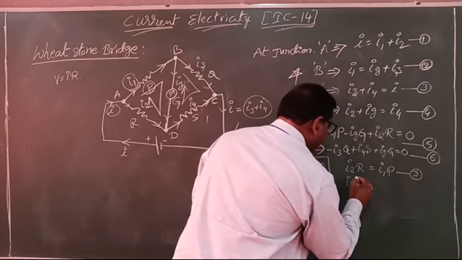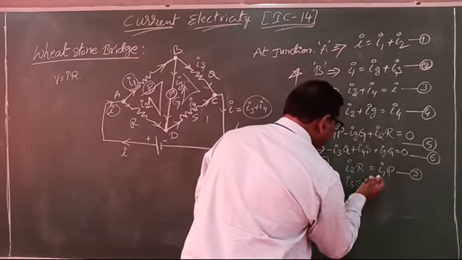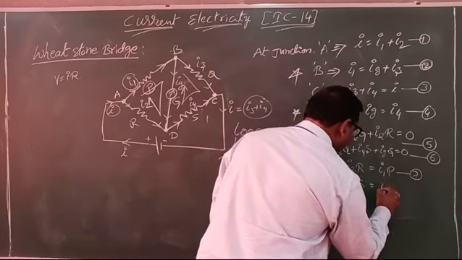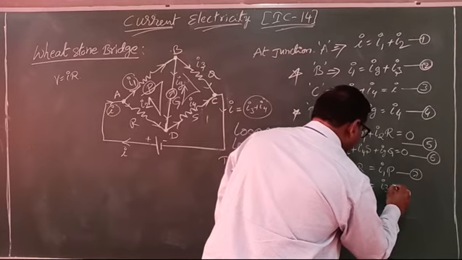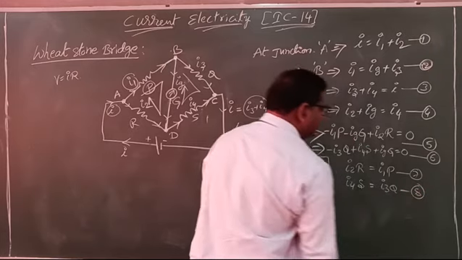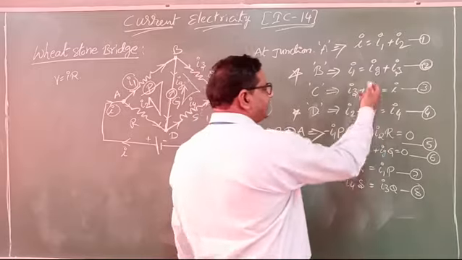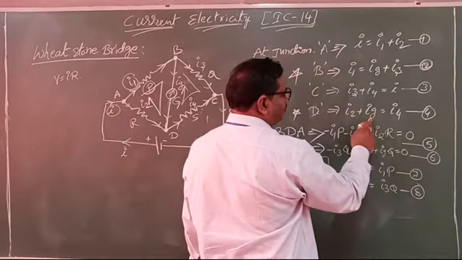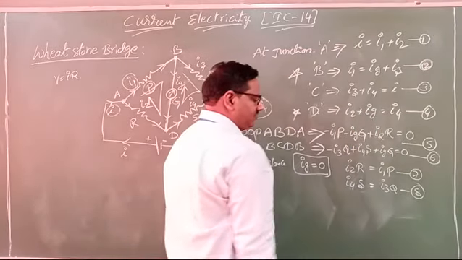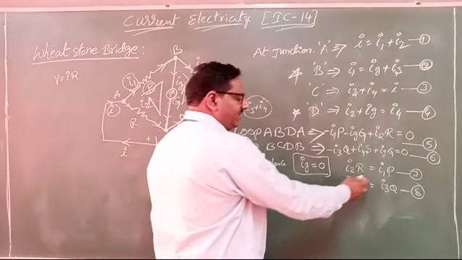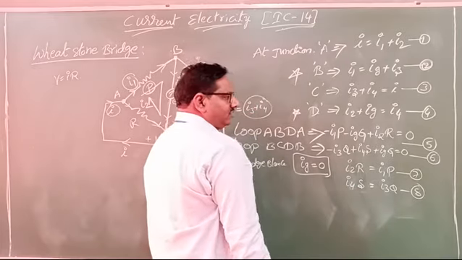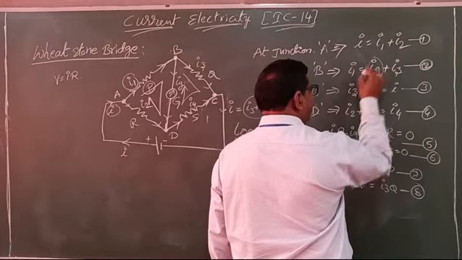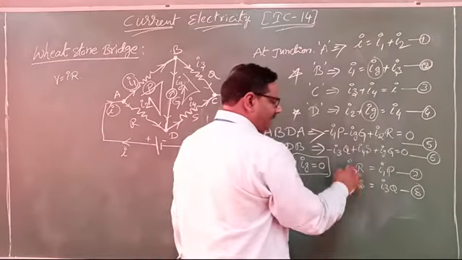Similarly, I4S equals I3Q. This is equation number 8. Similarly, if you consider here 0, I1 equals I3. If you consider here 0, I2 equals I4. Here what we have? I2, I4. Here what we have? I1, I3. Whenever Ig becomes 0, I1 equals I3, and you can apply that here.